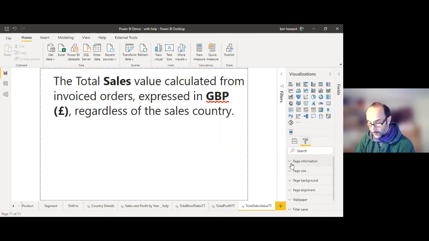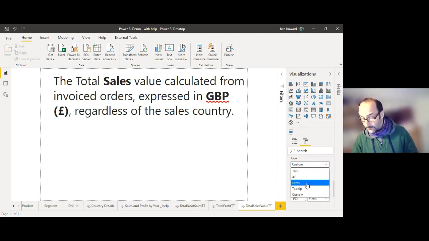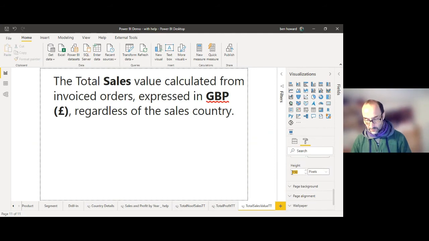If we click in there, we've got page information. So that's the name of the page, of course, but it's this value here, the fact that it's a tooltip, that enables this page to be a tooltip page. The other thing that you'll want to do on here is modify the page size. Under the size of a page, there's actually a tooltip default size, but I'll always change these so they fit the text. You'll see at the moment this one doesn't fit the text, so we may well go and change the height of the page away from 150.